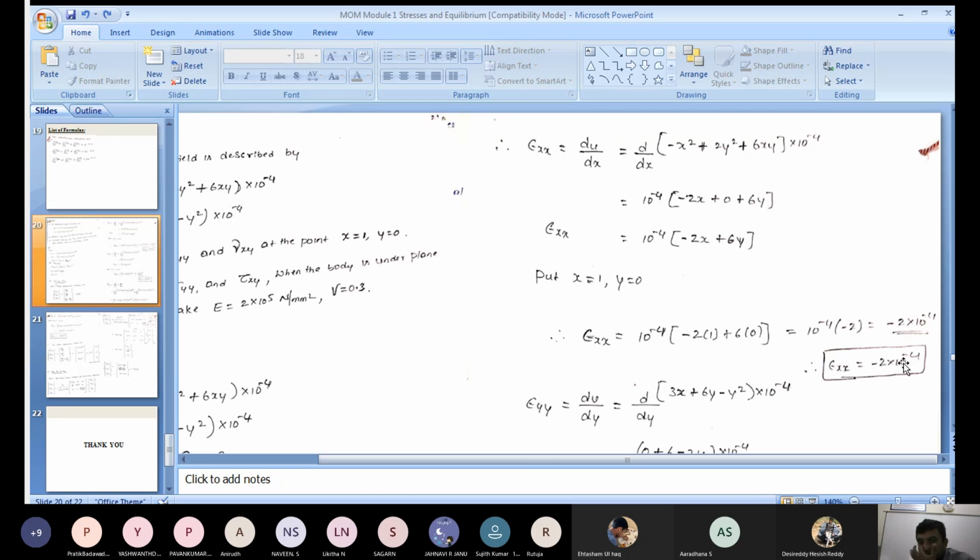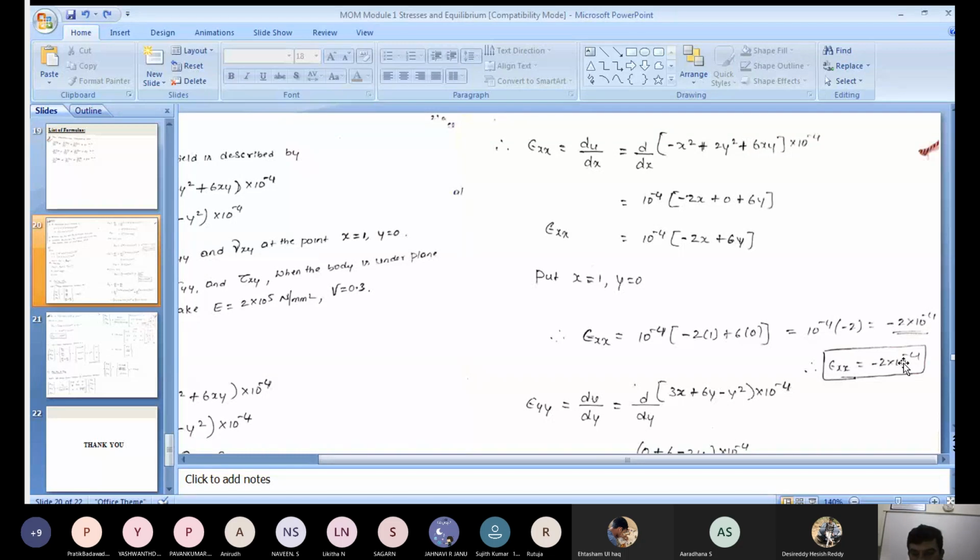Check. You solve it and tell me whether the answer is right or wrong. If you get the same value, unmute yourself and tell me your answer. Then what is the unit of strain? Is there any unit for strain? No, sir, no unit. For physical meaning we can write mm per mm, but mm gets cancelled. There is no unit for strain. Yes, we all get the same value: epsilon xx is equal to minus 2 into 10 to the power of minus 4. Similarly, go for the next one.